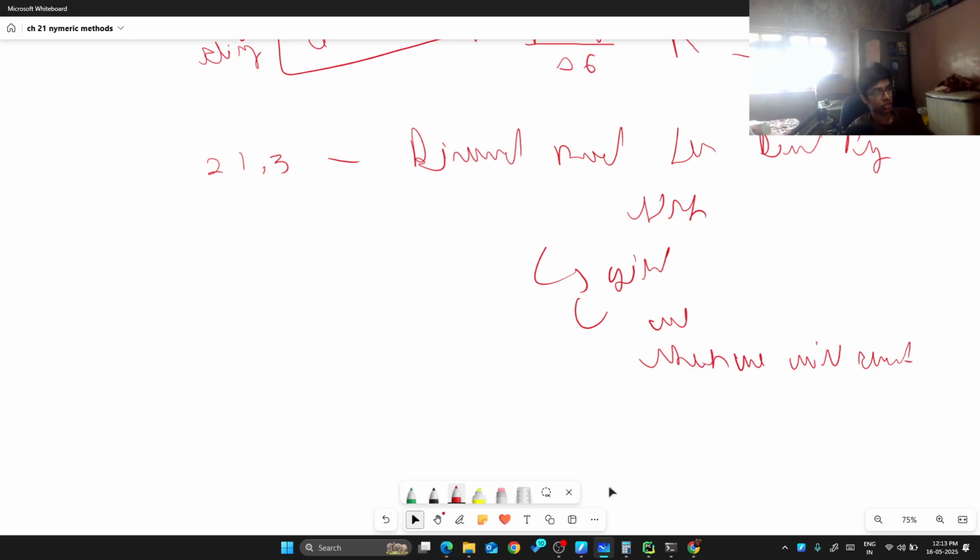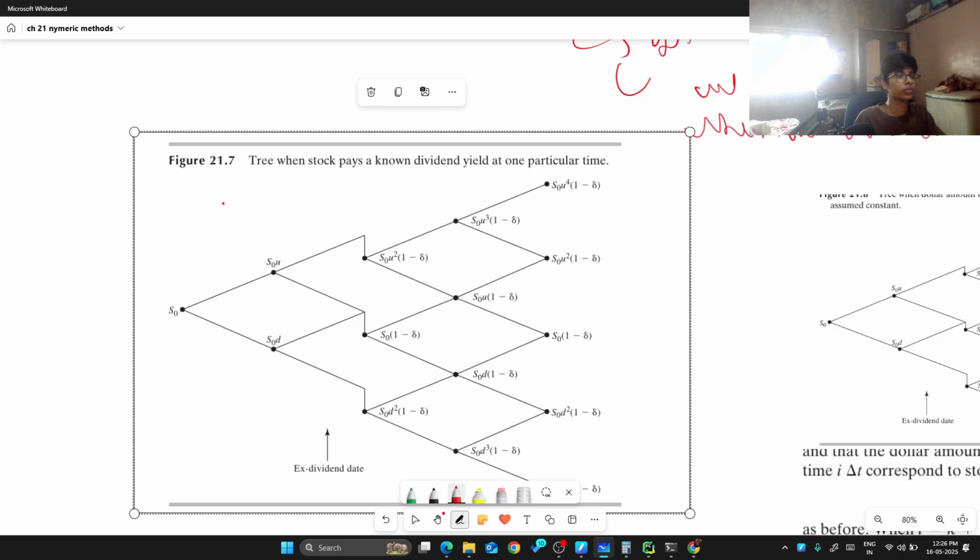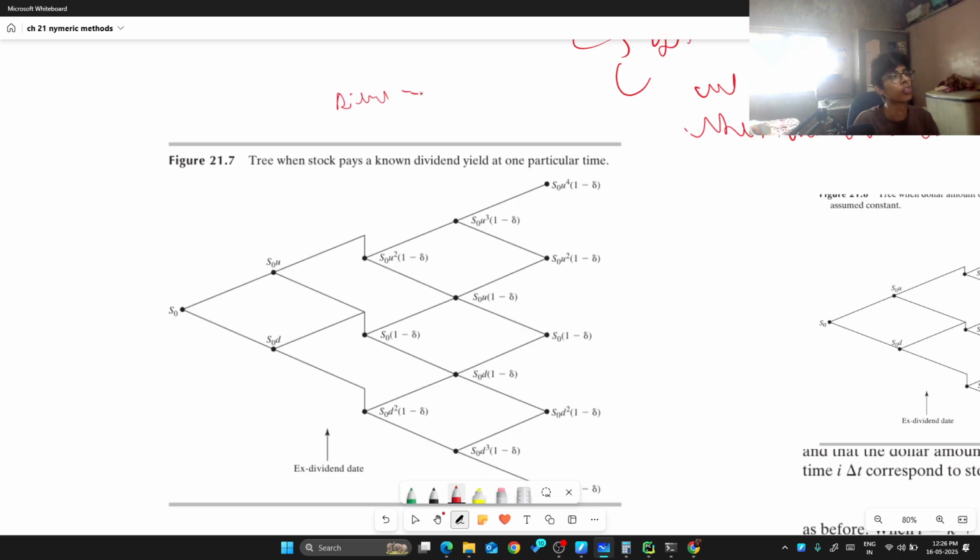Let me show you the picture. So let's say we know the dividend will be 2% or 3%. Our final value would be 1 minus 2.3%, and the stock price would go down by this amount. If it is 100, and minus 1.3 would be,